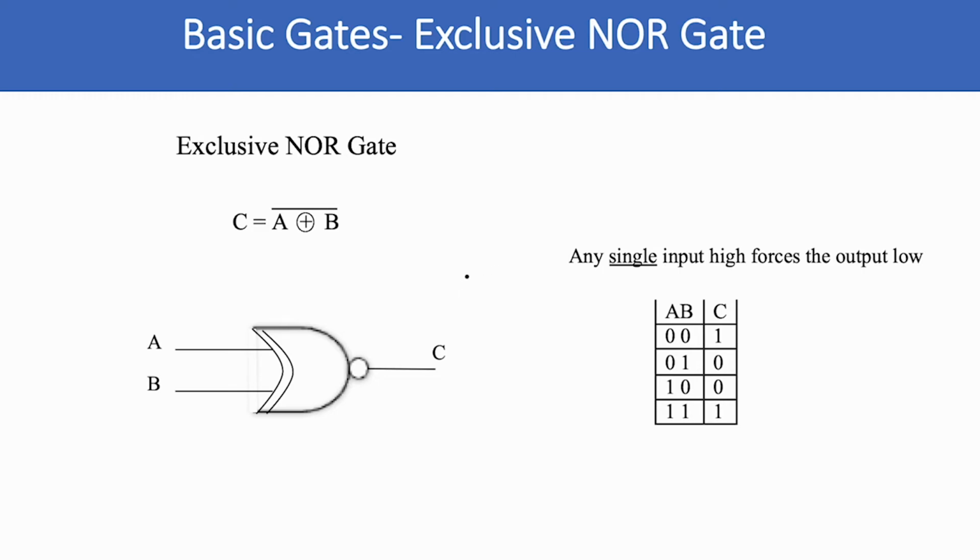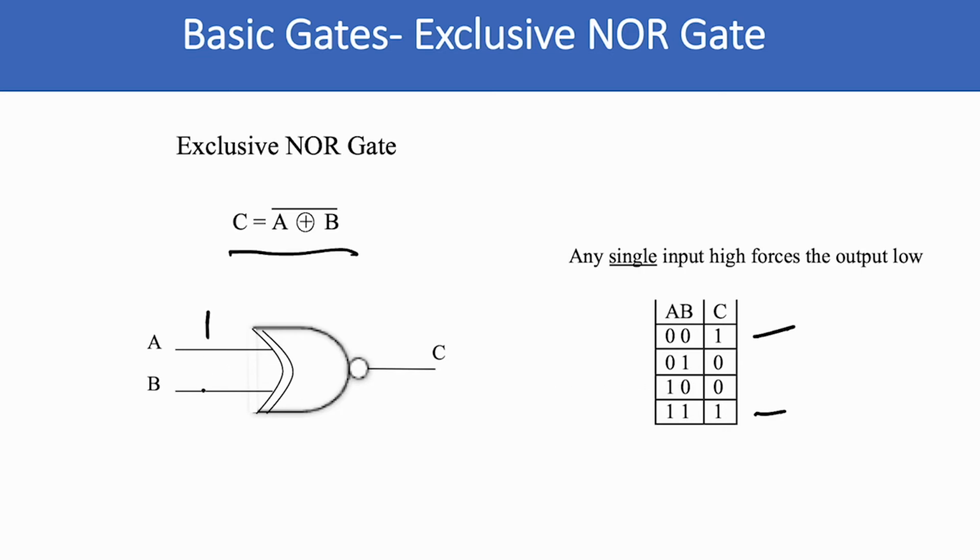an exclusive NOR gate. So the exclusive NOR says that whenever A and B are the same, either 0, 0 or 1, 1, the output's going to be 1. And that shows us this right here. A and B are both 0, the output's 1. A and B are both 1, the output's a 1. The only time the output is going to be